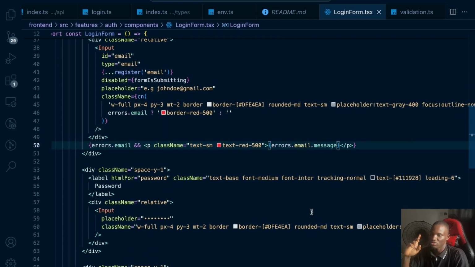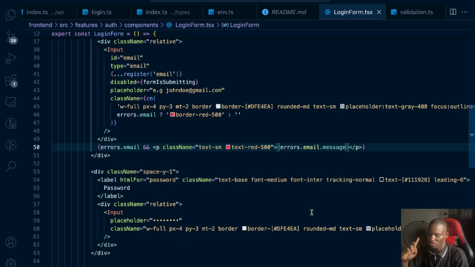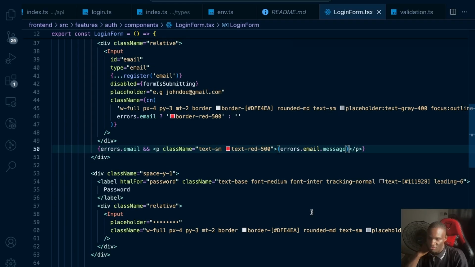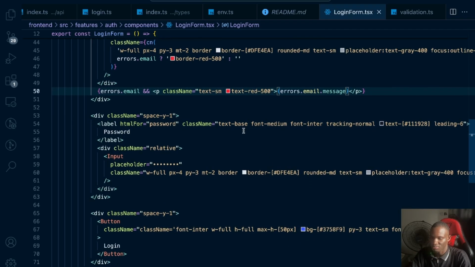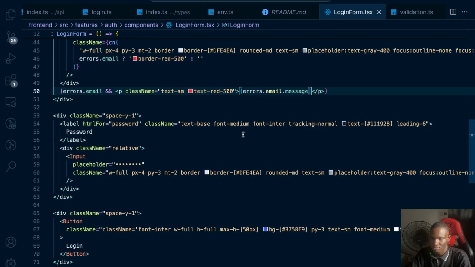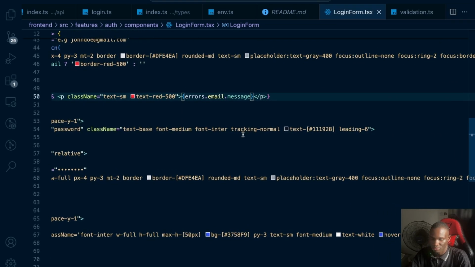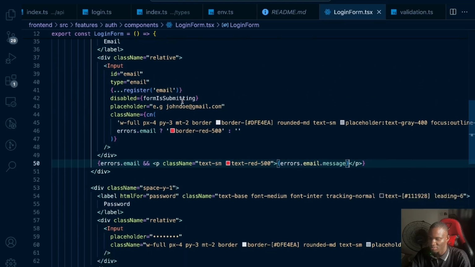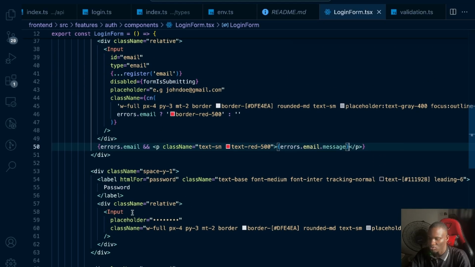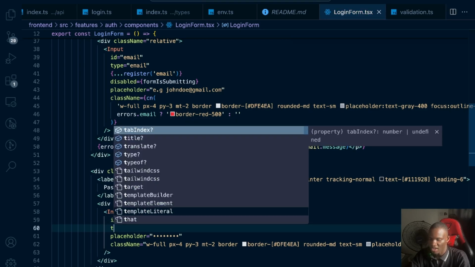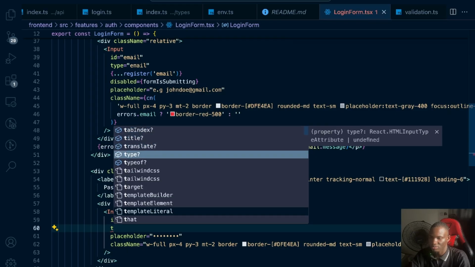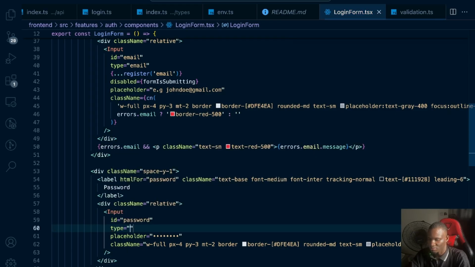We need to also do the same thing for passwords. So let's go ahead and do the same thing for passwords. So for passwords, we need to first give it an ID, and the ID will be password, and the type will be